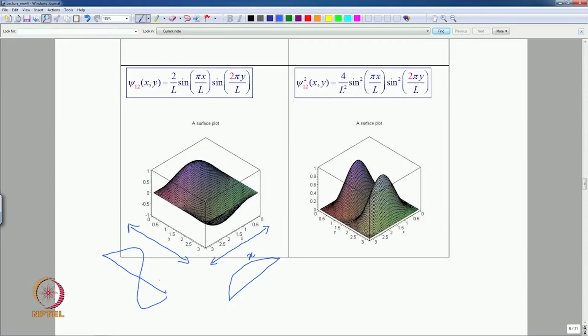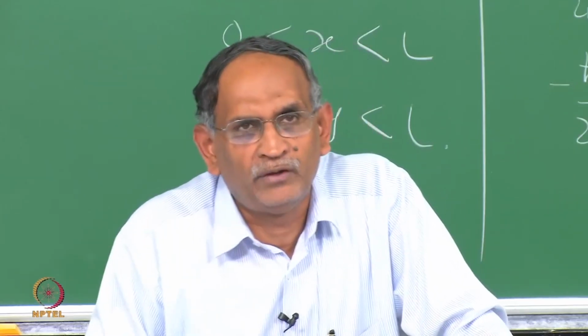Therefore, when you take the product of these two functions, the negative side makes this wave function negative for half the length, and therefore you see that for half the length you have either a positive wave function or a negative wave function. That is only for the wave function. We know that the wave function is not that important, it is the square of the wave function which is